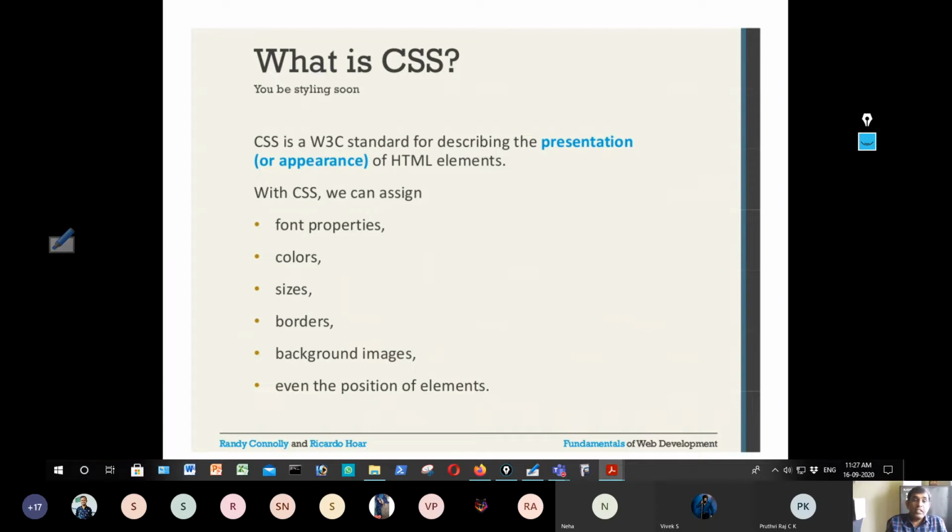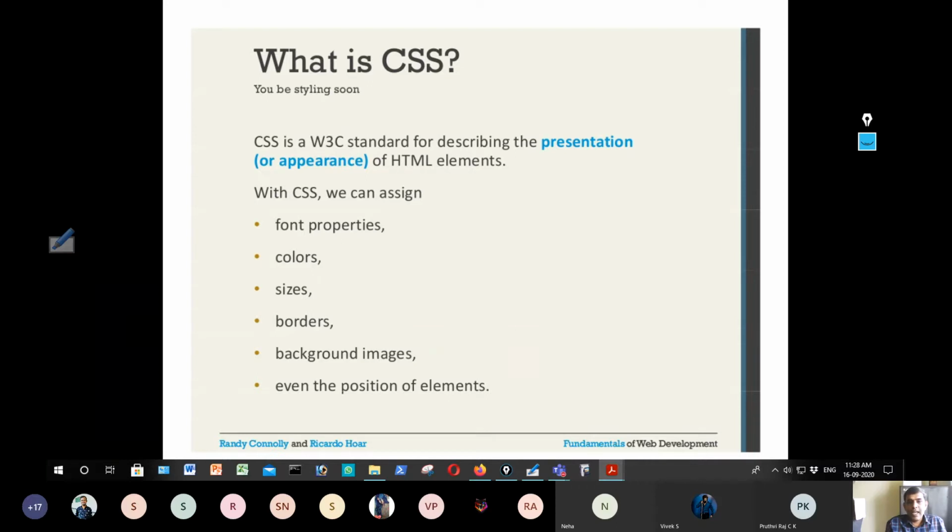So you may ask, is it not possible to give style using HTML? See, in HTML there is a limitation in giving style. In HTML there are certain attributes and values which we can use, which will give a limited style to HTML or web documents. But that is very limited. So clearly, to give style, we should use CSS, cascading style sheet language. That is the point to note.